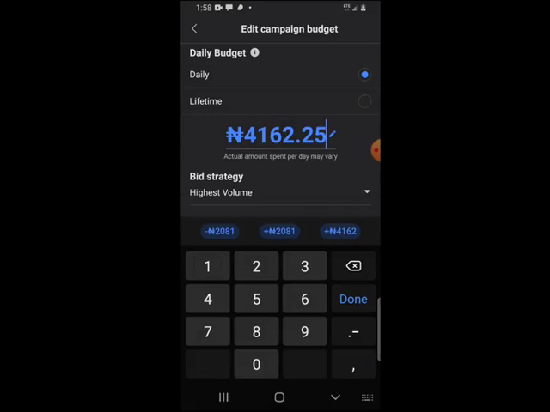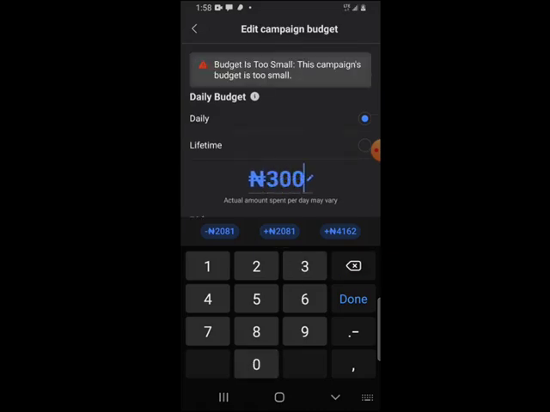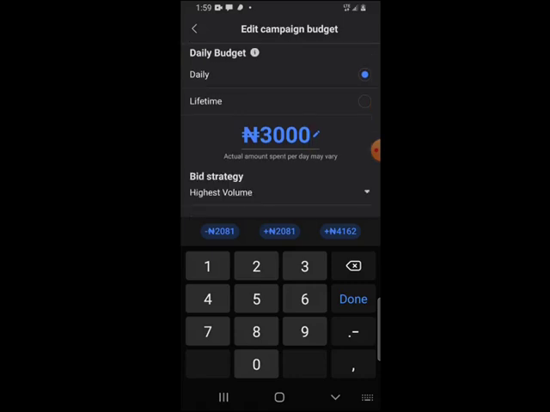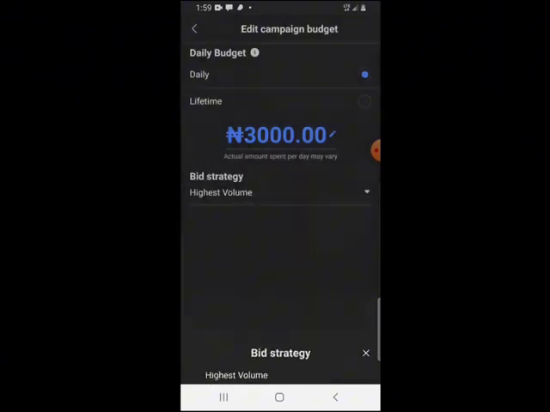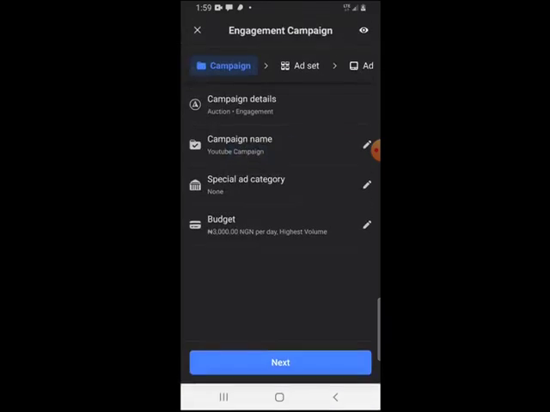So for the budget, the actual amount you want to spend per day depends on you. Depends on how fast you want to reach people. So for my daily, I'm just gonna be putting 3K here. You can start with 1.5. Okay, I think 1.5 is allowed. Get the most results, highest volume, cost per result. Okay, so I'm just going to be going back